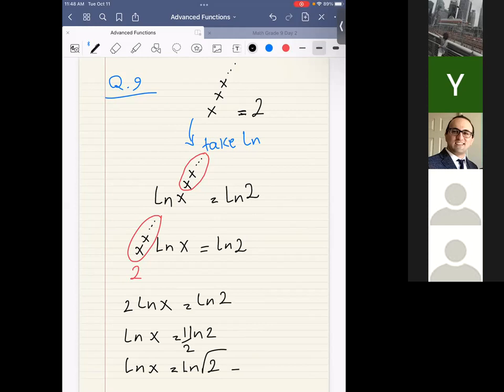Who said the answer is the square root of 2? Me. Ah, you solved this? I just wrote it, but